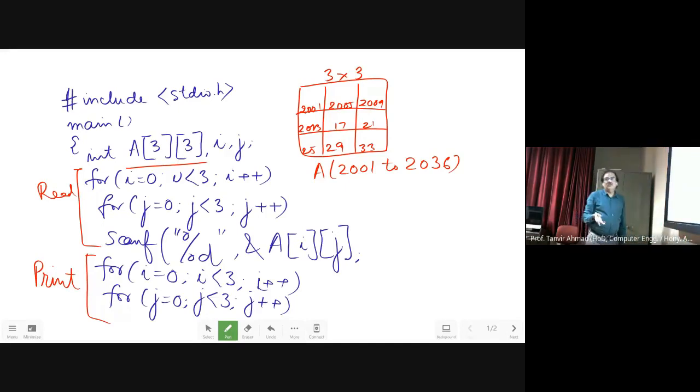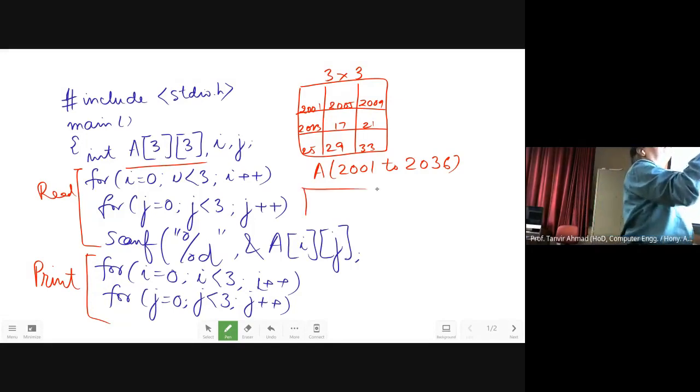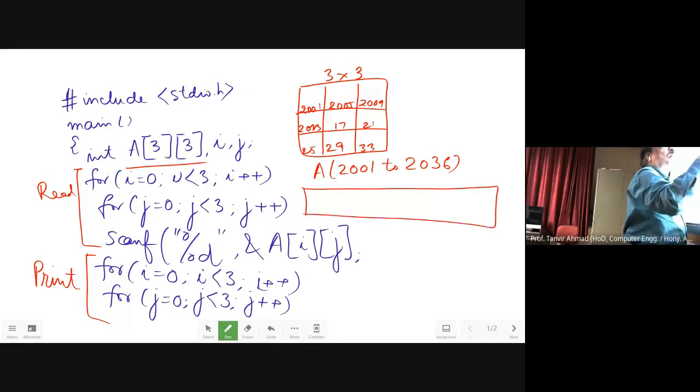Okay. Now this is the actual thing. You are visualizing it as a 2D array, but actually it's a linear array. It's a linear array of 36 bytes. Now you can also think of this maybe as a one-dimensional array.